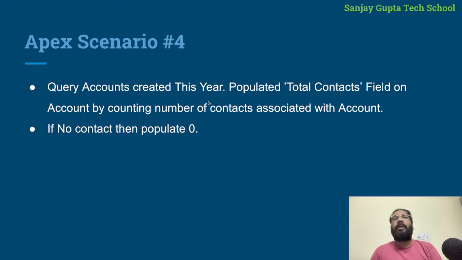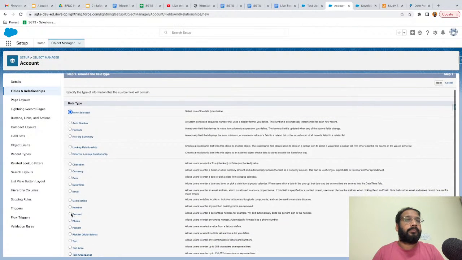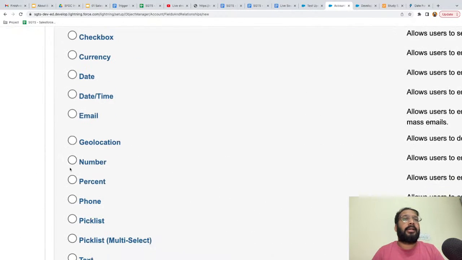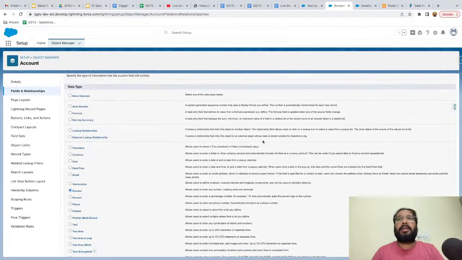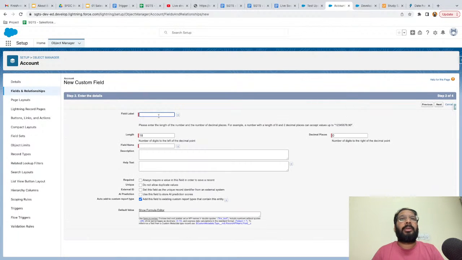So what is the requirement? If any account has a set of related contacts, that related contacts count will be available on the account record under this total contacts field. First of all, we need to create this field on account. First of all, I'm selecting the data type as number. I will be naming it as